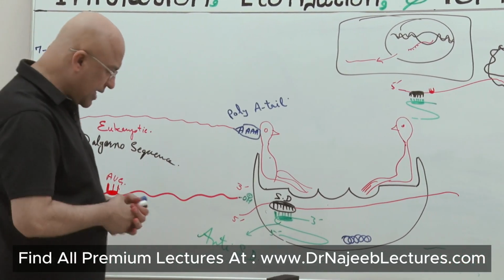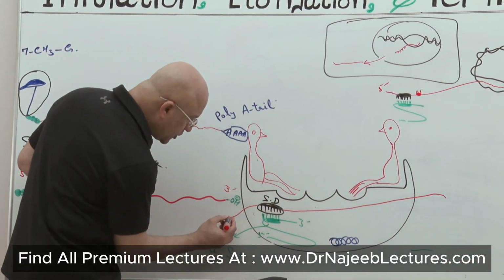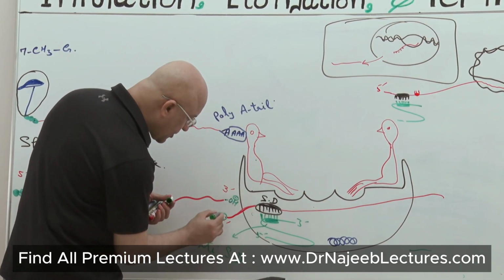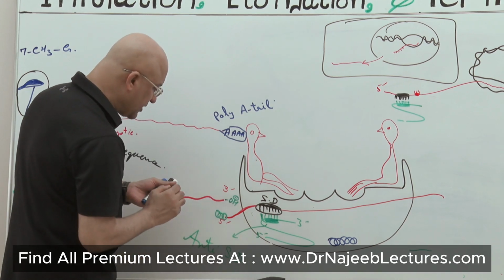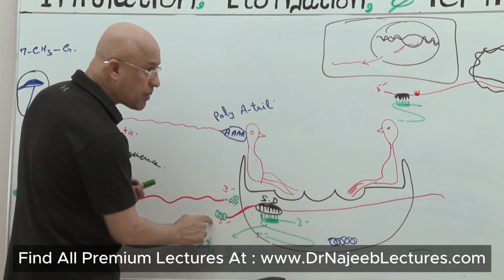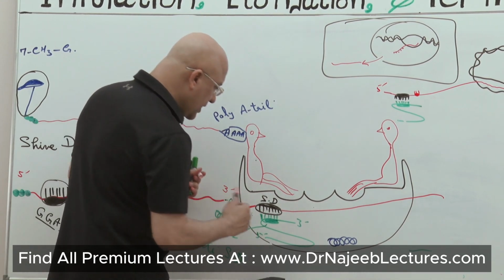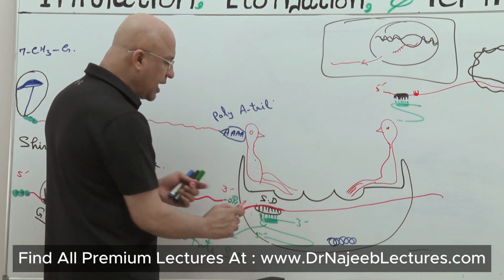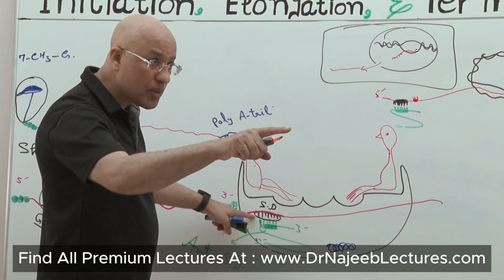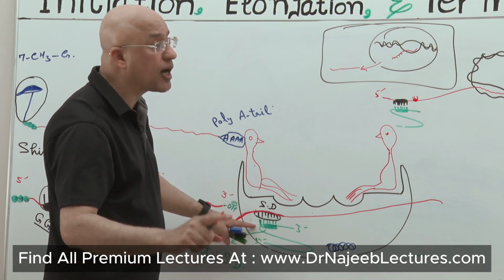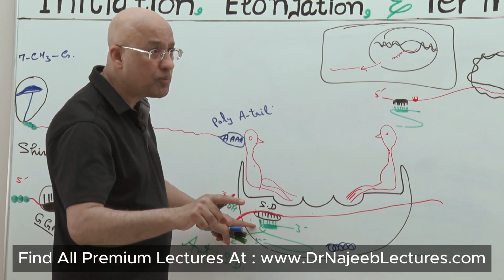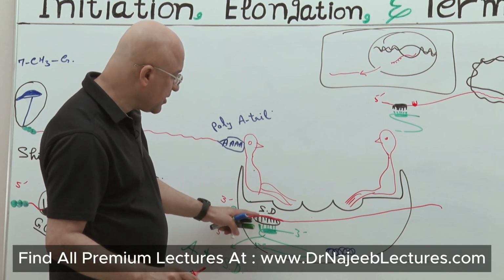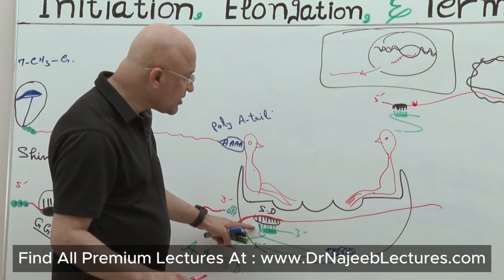So I was telling that this is the messenger RNA. You start from the 5' end, right? And here was a triphosphate, and no 7-methyl guanosine cap here in bacteria. Then as you go downstream in the messenger RNA, you will come across the Shine-Dalgarno sequence in prokaryotic messenger RNA, and the anti-Shine-Dalgarno sequence in the 16S ribosomal RNA. And they will interact with each other, and that will stabilize messenger RNA on the structure of